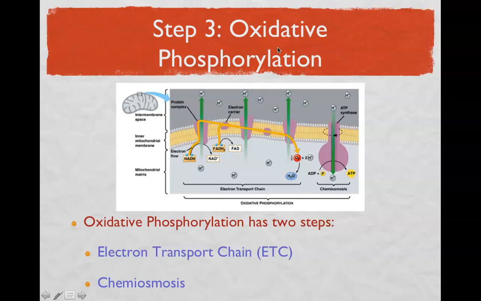Now, if we take a look at this word oxidative phosphorylation, remember you've seen the term phosphorylation before. We talked about that in cell transport, where we're taking a phosphate off of ATP. As a result, we end up creating that ADP, which is right here, and adding that phosphate to something else. Well, in this case, rather than adding that phosphate to, say, a protein in your cell membrane, where it changes its shape and releases things to the opposite side, like your sodium-potassium pump, now we're going to take a series